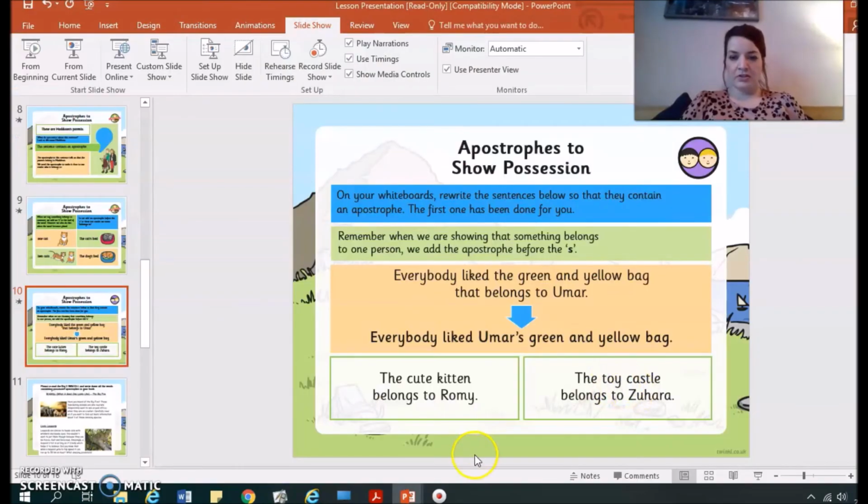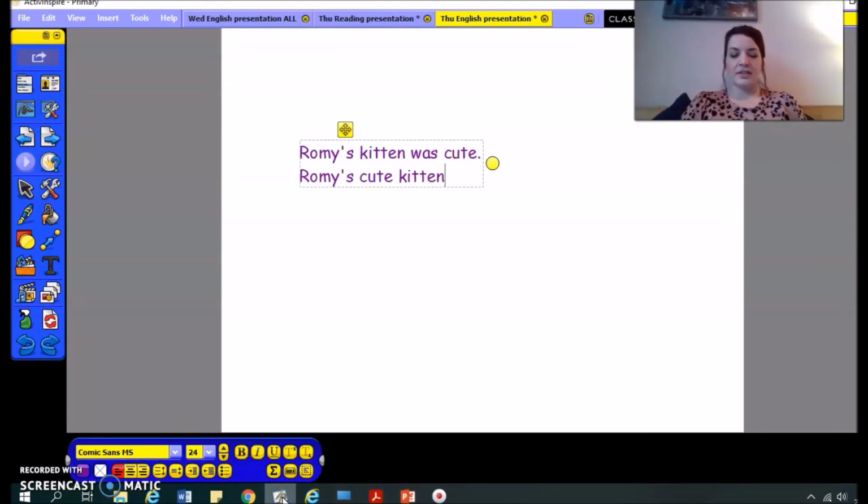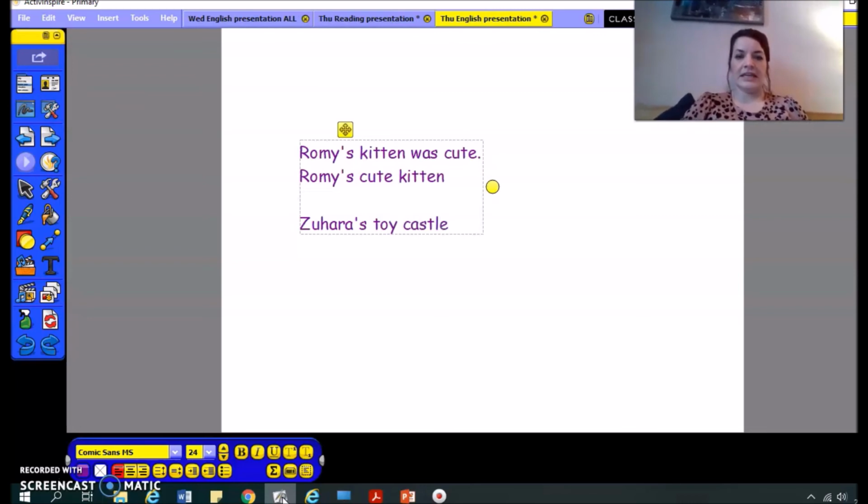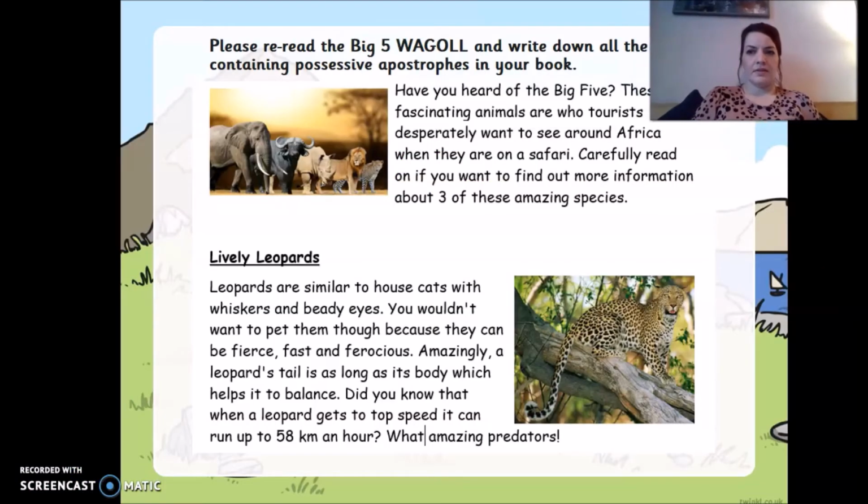And then the second one, the toy castle belongs to Zuhara. Did you write down Zuhara's toy castle? And again, the apostrophe goes before the S. Well done if you got those two right. Now let's have a look at the waggle that I wrote yesterday. And I have used some words with apostrophes for possession in my waggle. So the instructions say, please read the Big Five waggle and write down all the words containing possessive apostrophes in